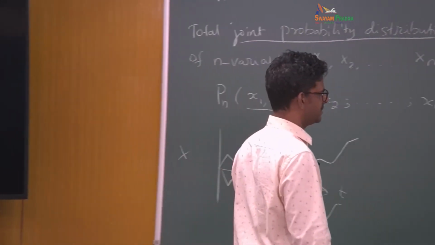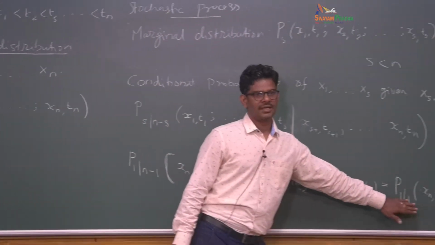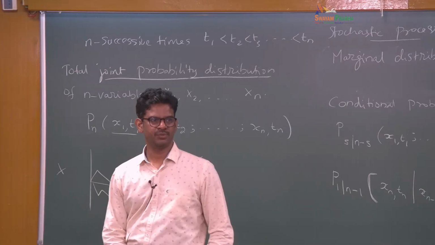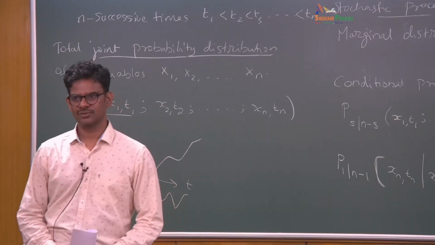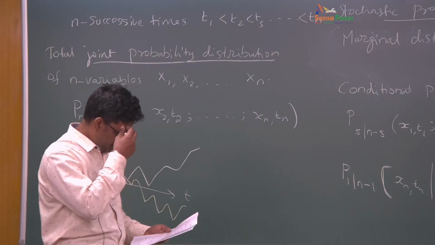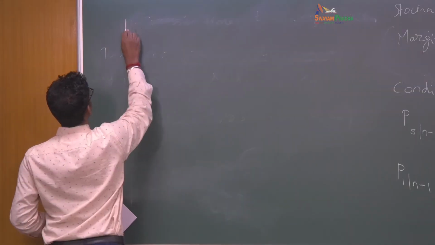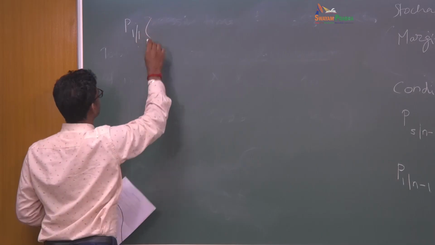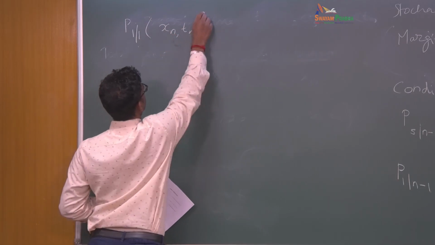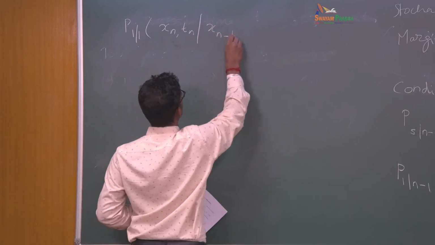Suppose you don't make this approximation, we won't be able to construct the entire joint distribution simply. Okay, so that's basically a big advantage. Let me show that with an example. So we say that P(xn, tn given xn minus 1, tn minus 1)